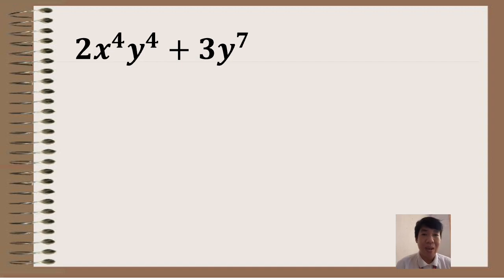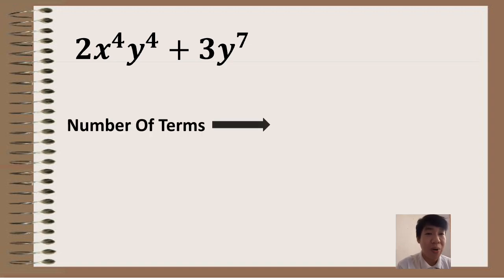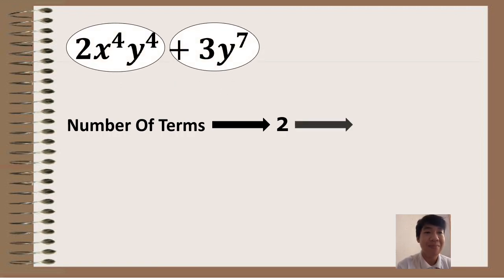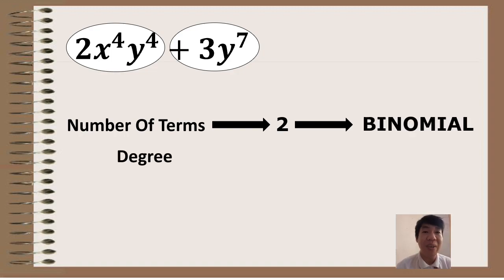Next, number 2. 2x raised to 4, y raised to 4 plus 3y raised to 7. The number of terms is 2. 1, 2. So, when a polynomial has a number of terms of 2, we call it a binomial. And we have a degree of